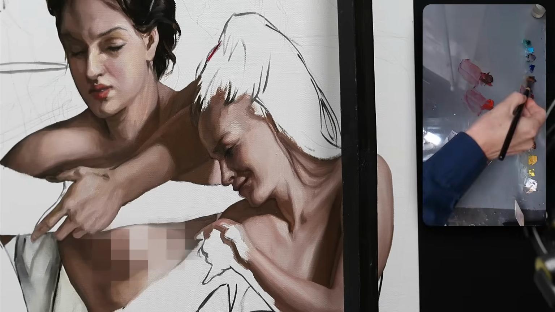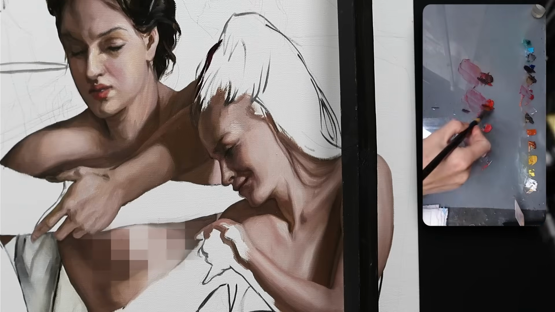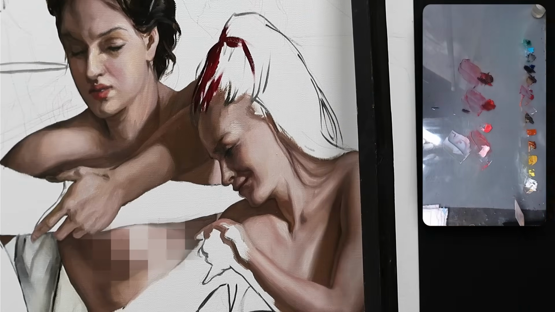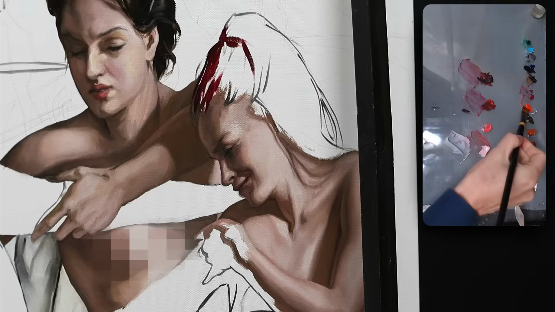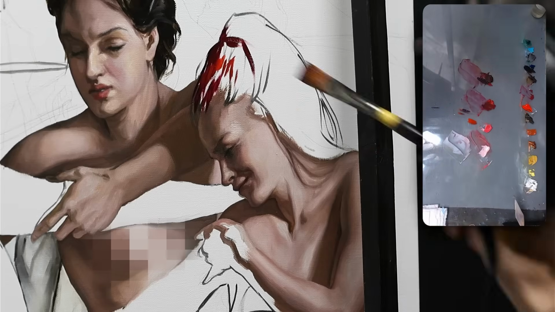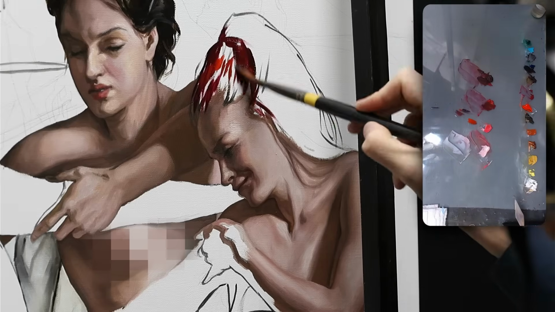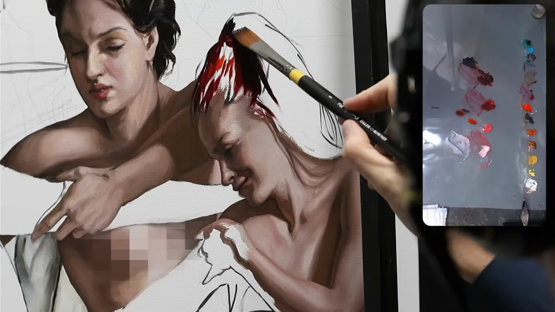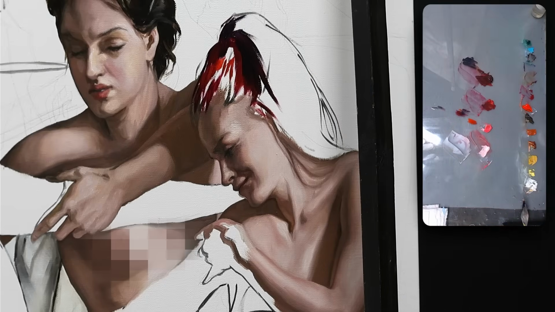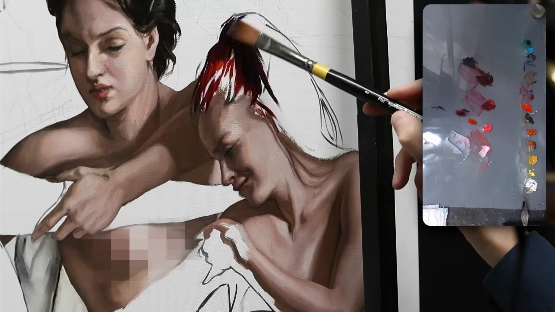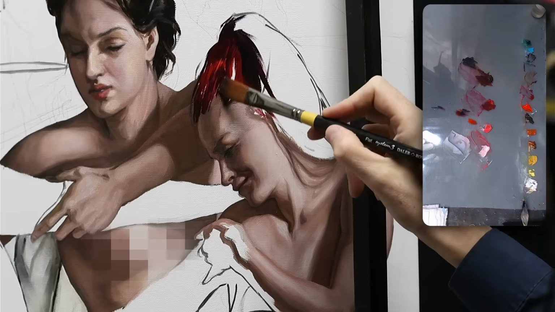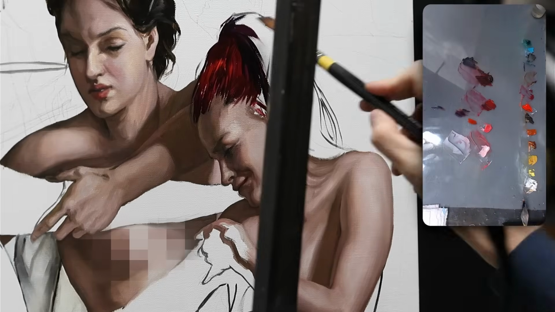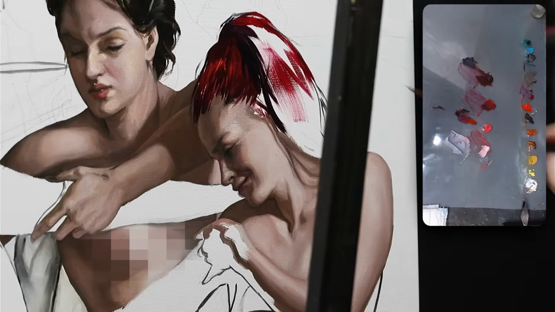So, of course, I need all the chroma that I can get out of my mixes. I want to avoid overdoing it, but I also want to make it really pop. So I used my bright Pyrrole red, which is a really strong red pigment, to really push that vermilion core tone. And I added some quinacridone rose, also a very powerful pigment, to reach those cherry undertones, those more